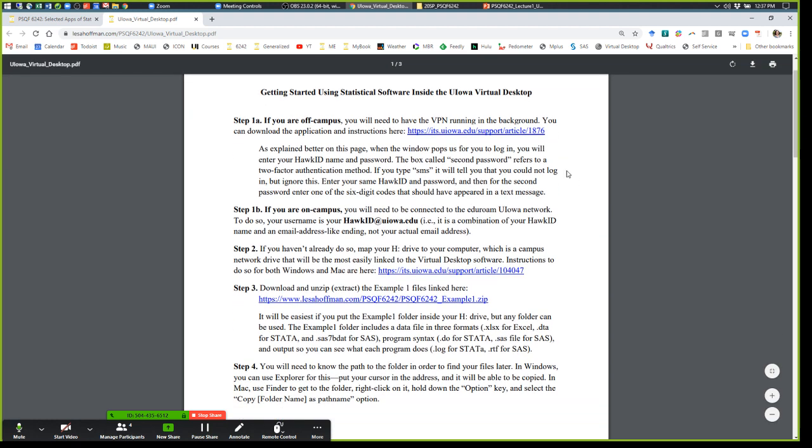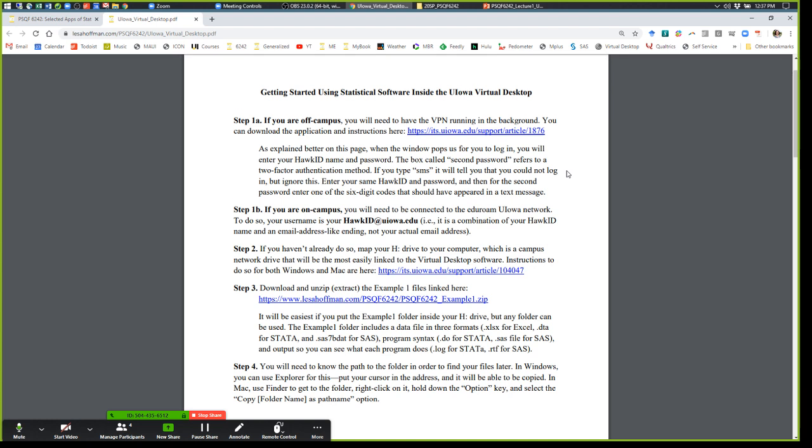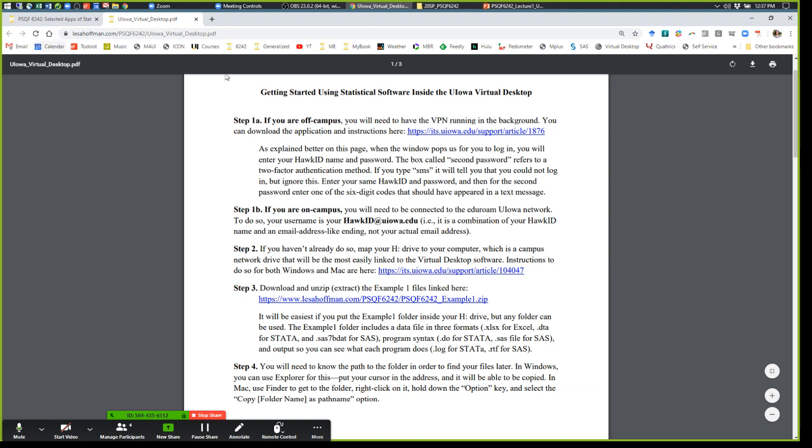The idea is that software is a necessary evil. This class is not about software. This class is about quantitative data analysis. The hardest part of your first assignment will be figuring this stuff out. The rest of it will be so straightforward you could actually have done it in Excel. Several people last year did that option. Not something I would encourage, because the point is to get used to this kind of software, but that is a backup. This part is frustrating at times, but once you figure it out, you'll have it figured out, and then you'll be able to use those skills moving forward.